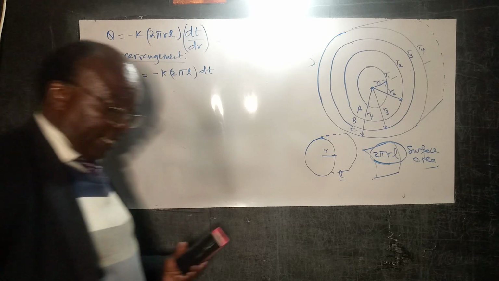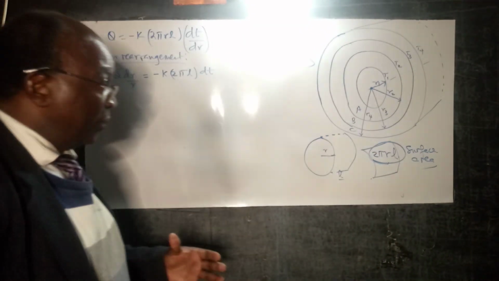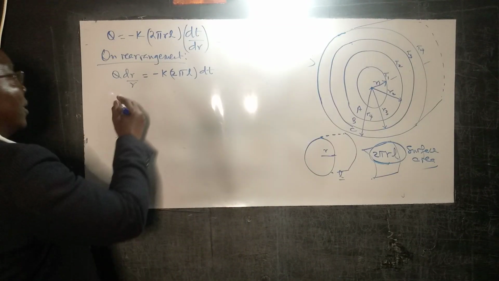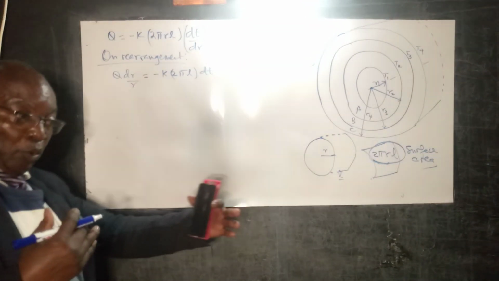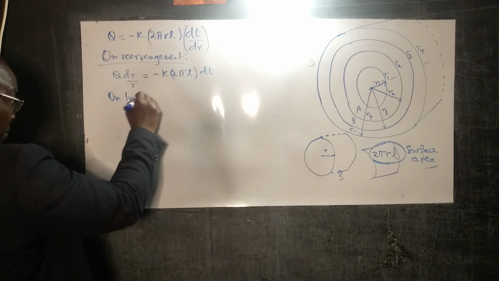So if you integrate, for example, from temperature 1 to temperature 2, which is radius 1 to radius 2 as our limits, then on integration,